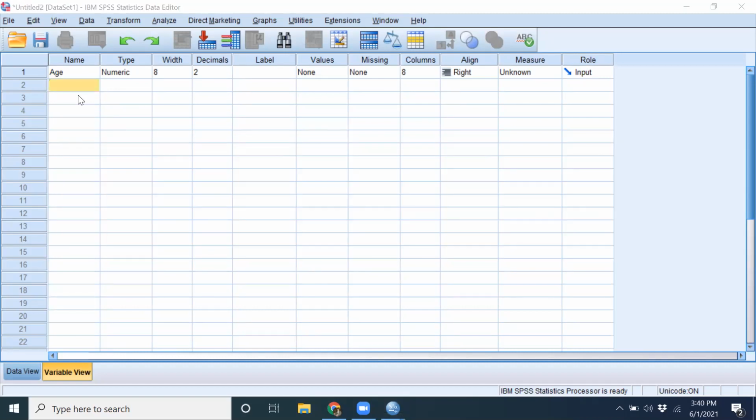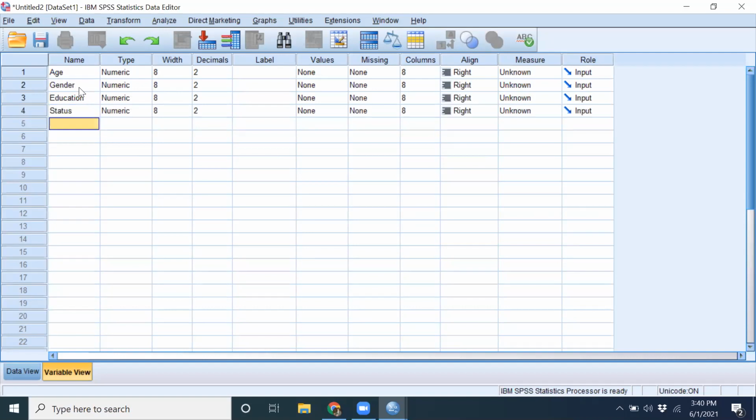The second variable that we had was the information regarding gender, right? The third was the education or qualification. The fourth variable that we added is the marital status. So I'm just writing status over here. Similarly, we used income. We added another